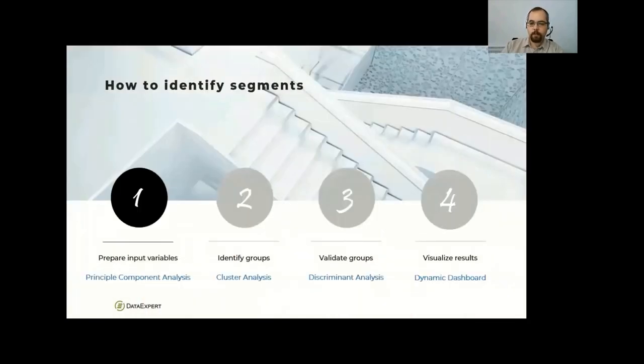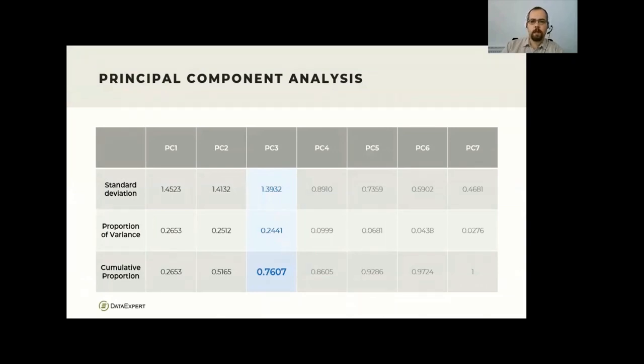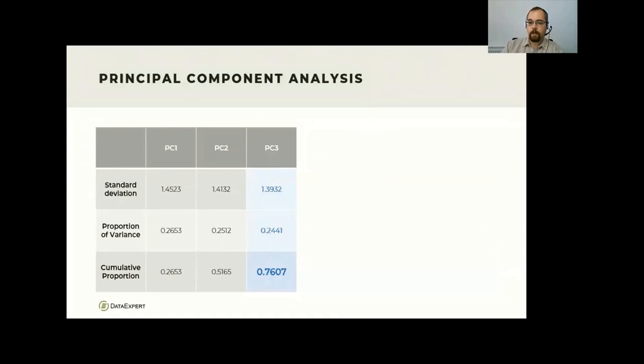Our first step is preparing the raw data for further calculation using principal components analysis. These 7 variables represent 7 dimensions of the same phenomenon, thus they are more or less correlated to each other. Principal component analysis is a method for reducing the number of dimensions, keeping as much explanation of the variance in the original variables as possible. By applying it, we are able to reduce the number of dimensions to 3 uncorrelated principal components, which explain more than 76% of the total variance, which is good.